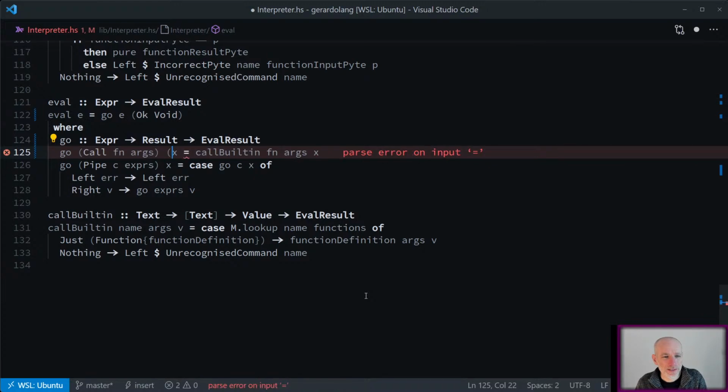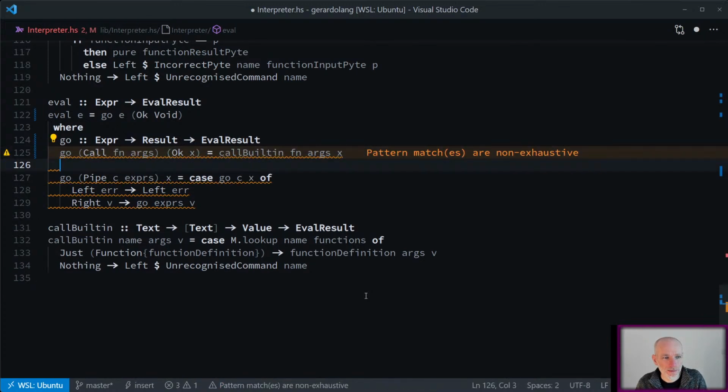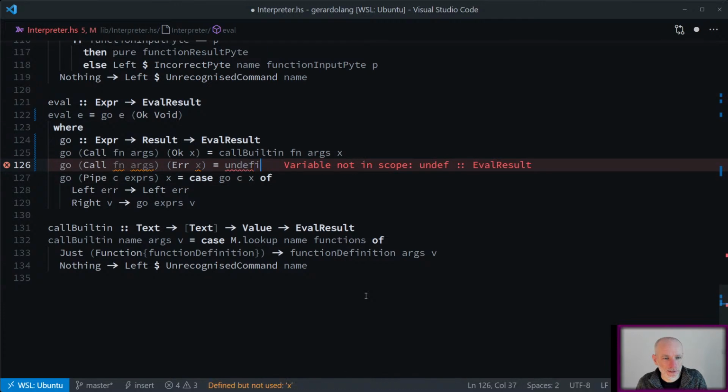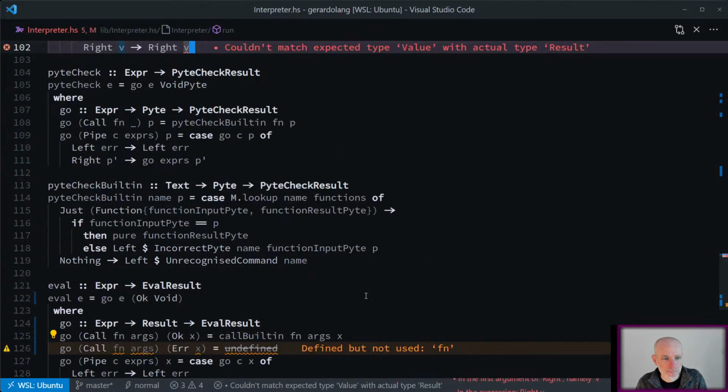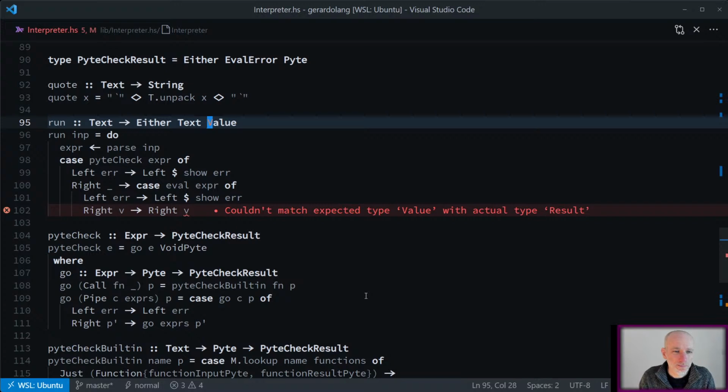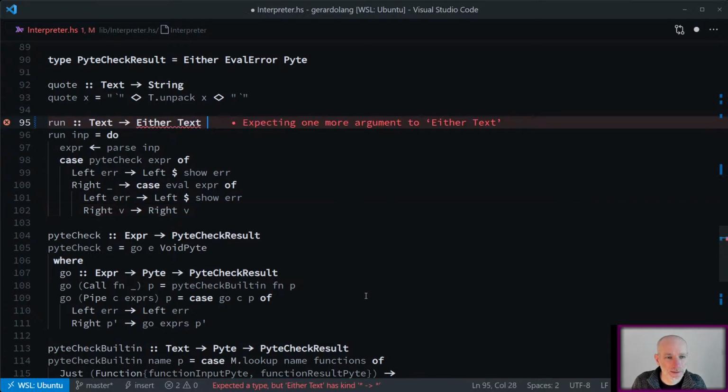So if this is OK and X, then we call that. And then if we see call the function args and previous an error of X, let me just undefine that for a second. Okay, so now run should return, they should return a result,